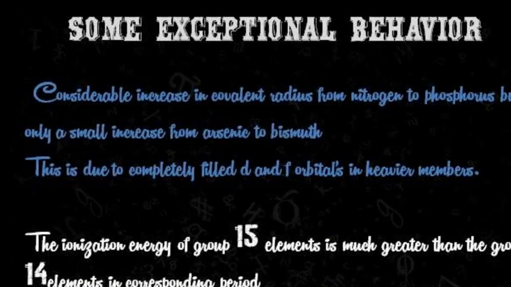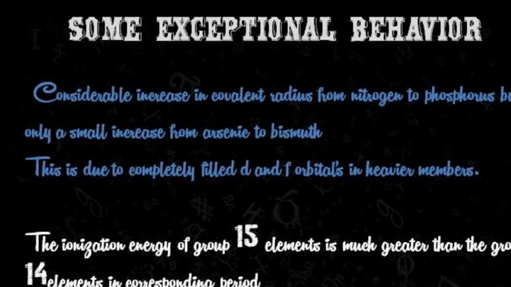However, from arsenic to bismuth, there is only a small increase in the covalent radii. What is the reason? It is due to the presence of completely filled d and or f orbitals in heavier members,